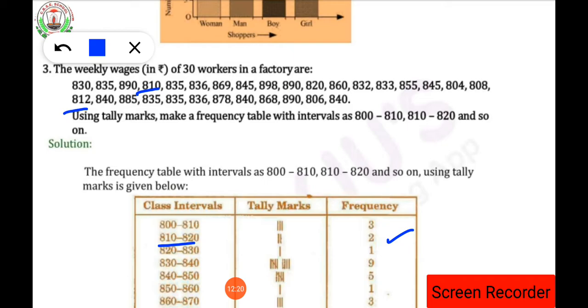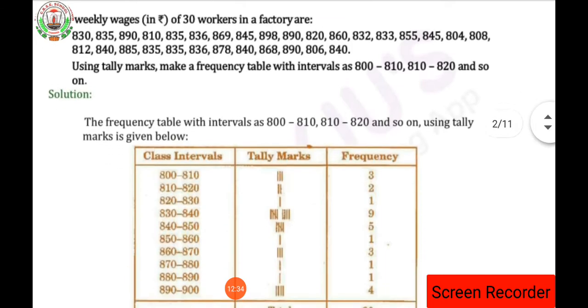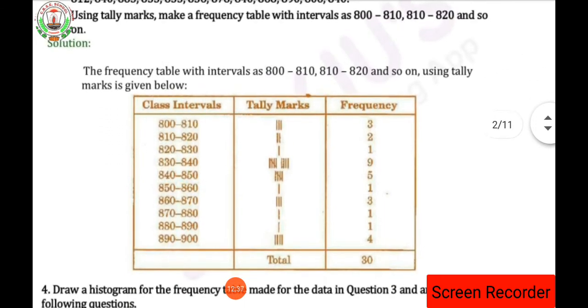So can you observe any data over 830? 830 will not come. Okay, it will be in the fourth interval. So how many data will be there? This one is the first. Only one data is there. That's why it is written 1. Next frequency is 830 to 840. So there are 9 datas. Okay, that data we will count from the raw data which is given in the question.